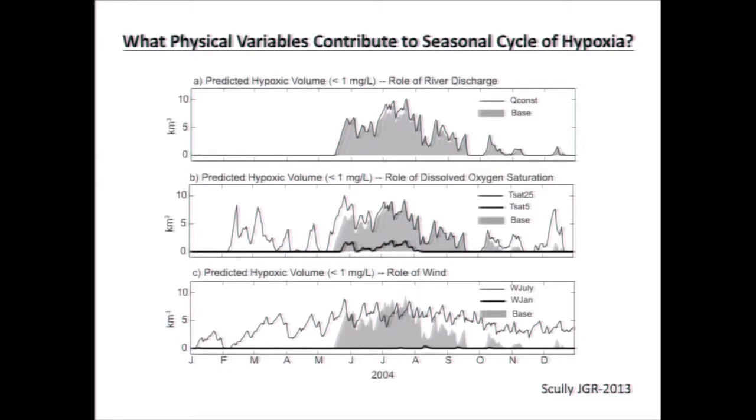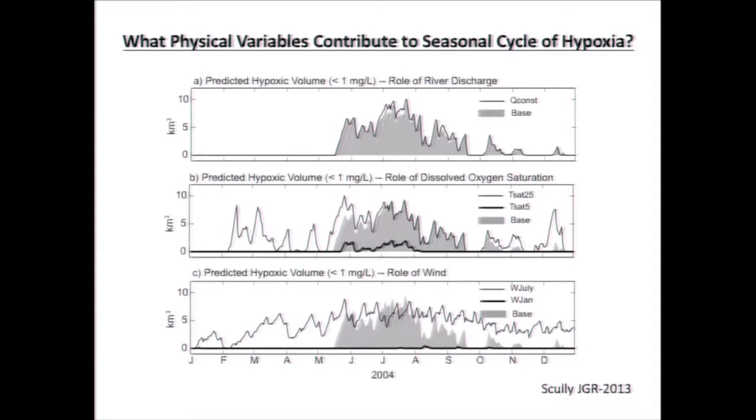The next thing I did is I set the water temperature, the saturation of oxygen, equal to water that had a temperature of 25 degrees in the thin black line or 5 degrees in the thick black line. And that's just how much oxygen the water can hold at 100% saturation. And so the thin black line shows that there's much more prevalent hypoxia. And if the water was cold and could hold a lot more oxygen, we'd essentially not have hypoxia. So the seasonal cycle of temperature is playing a big role in this seasonal cycle of oxygen. And so if your model gets the temperature right, you're getting close to some sort of predictive skill at